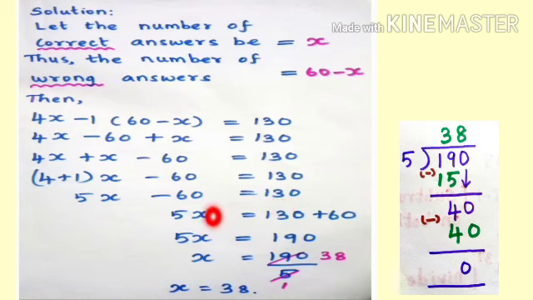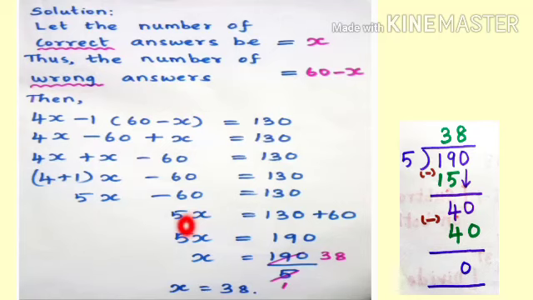Now, by using the transposition method. What is the transposition method? It is isolating the variable by reversing the mathematical operation, as a sum or number is transferred to the other side of the equal to sign. So, by using the transposition method, minus 60 when it crosses the equal to sign, it becomes plus 60. So, in the next step, we get 5x is equal to 190.